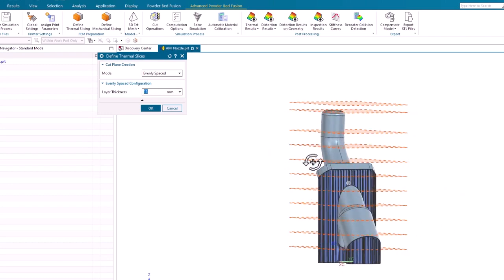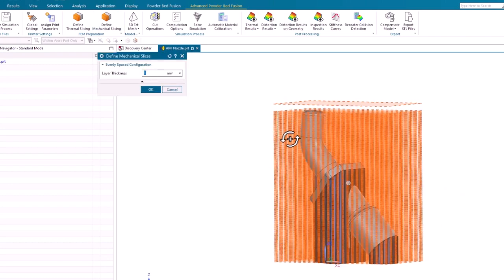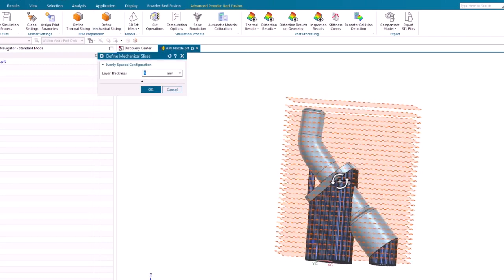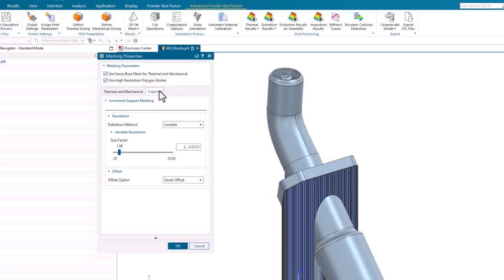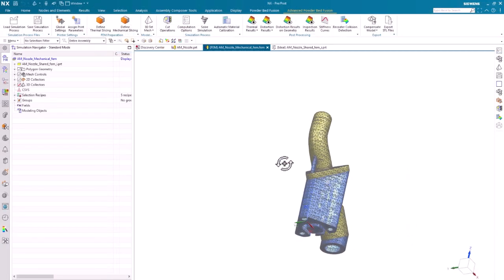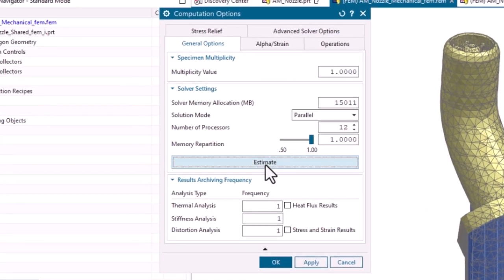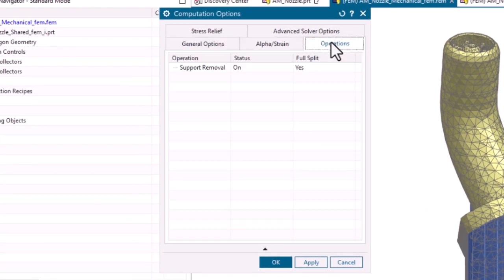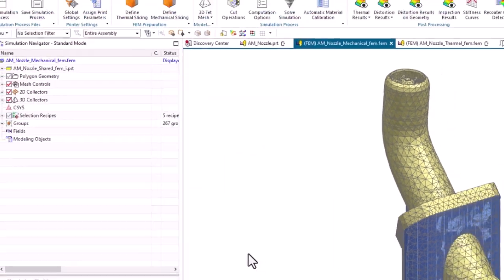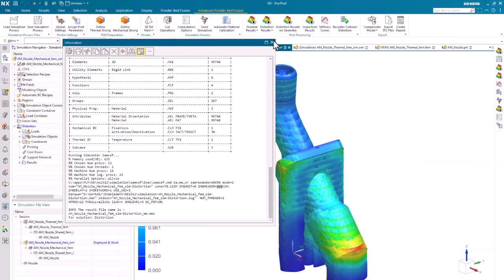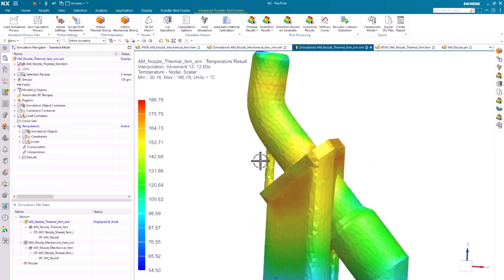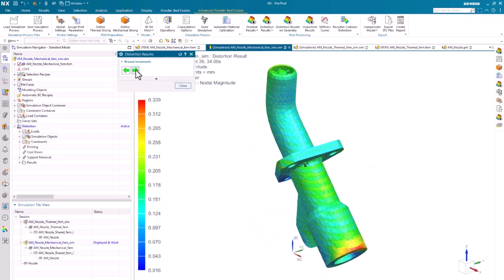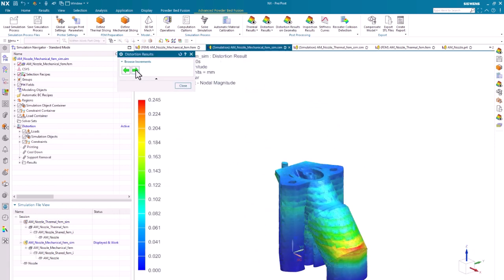Thermal slices and relatively coarse mechanical slicing are defined to create the FEM mesh using the automatic meshing algorithms. The user can choose the computation options and multiprocessor setup for the simulation. The process simulation will run fully automatic, after which the temperatures and distortions can be post-processed using the different post-processing